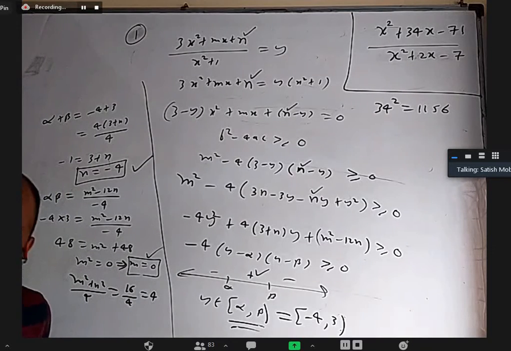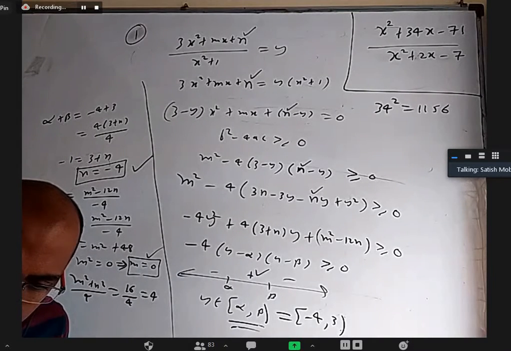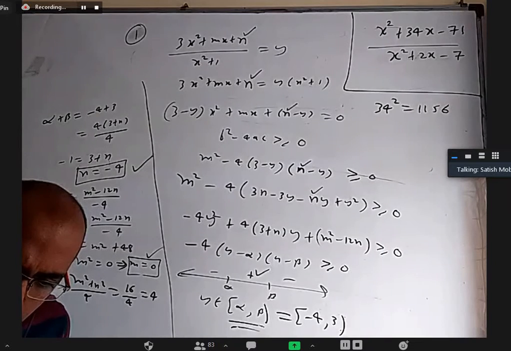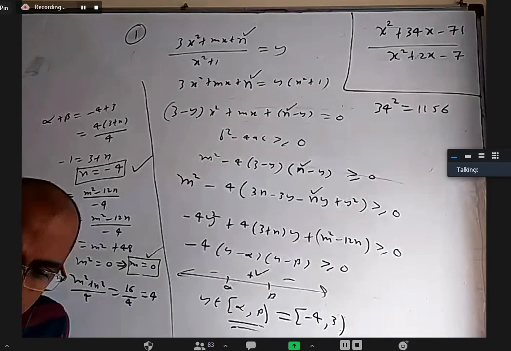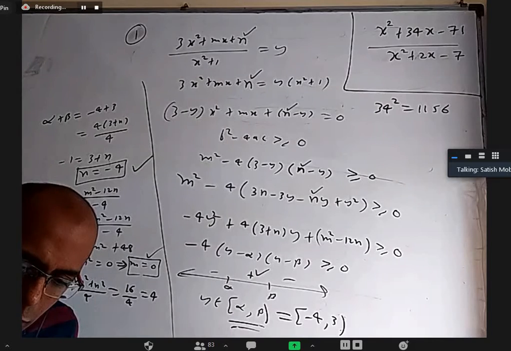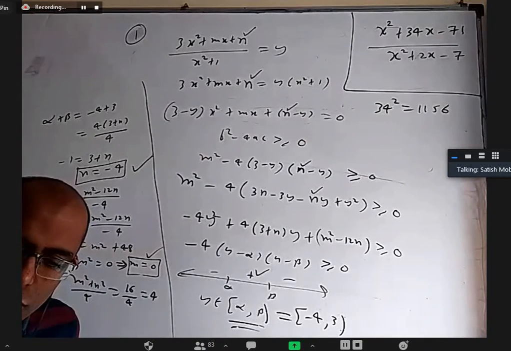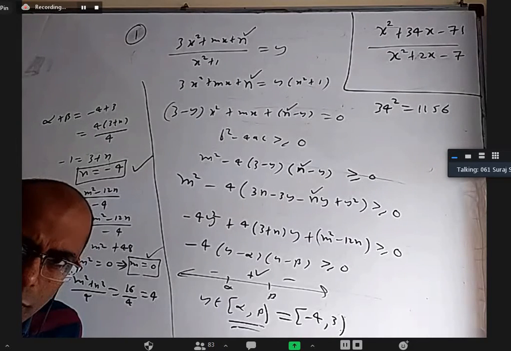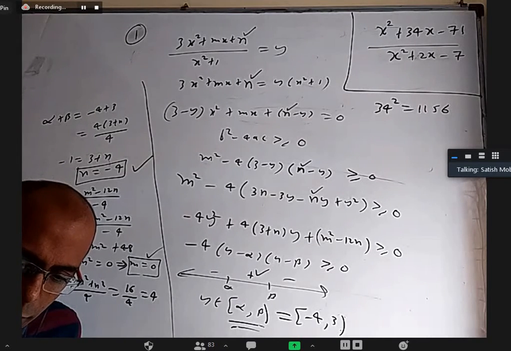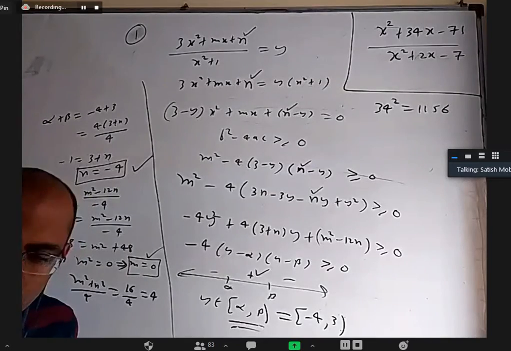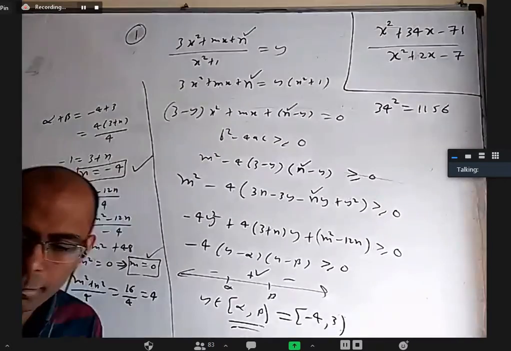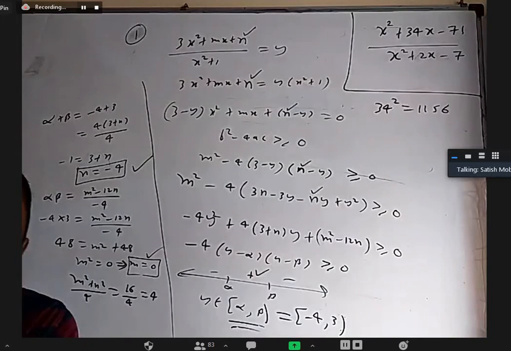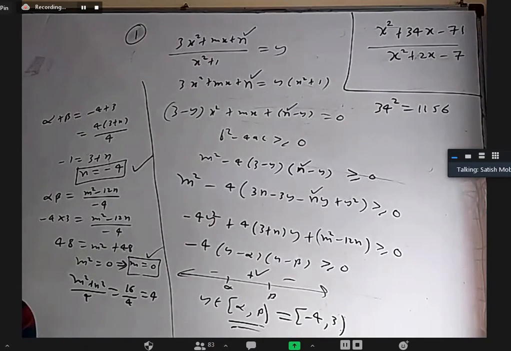Maybe the numbers are a little big here to multiply. I think you should get the equation as y square minus 14y plus 45. Am I right? Yes, sir. So 9 to infinity. Okay, I should have given another question where the numbers are a little smaller, but it's okay. Just to give an idea.